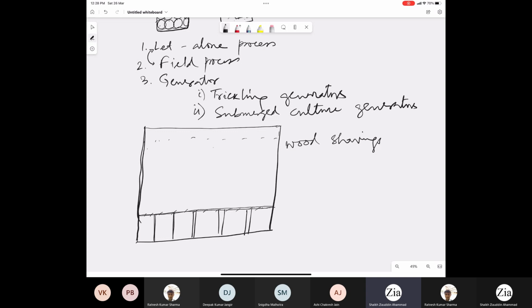But beech wood is well known because it doesn't give an objectionable smell or color to the final product. So curled beechwood shavings are used, and at the bottom